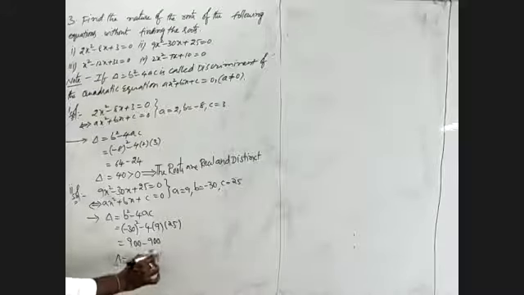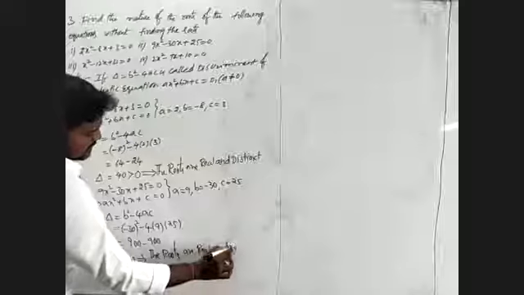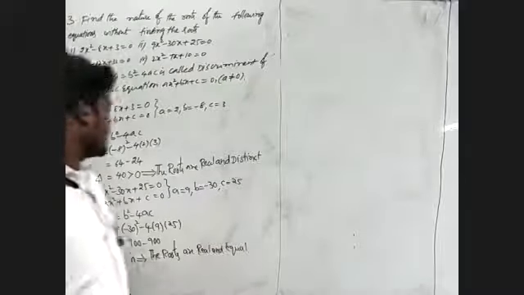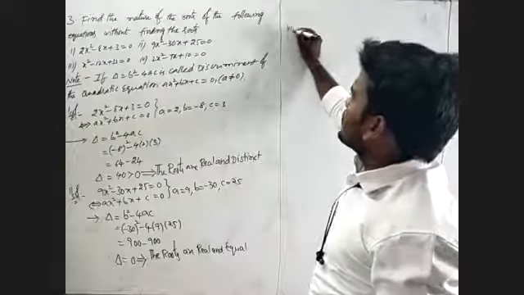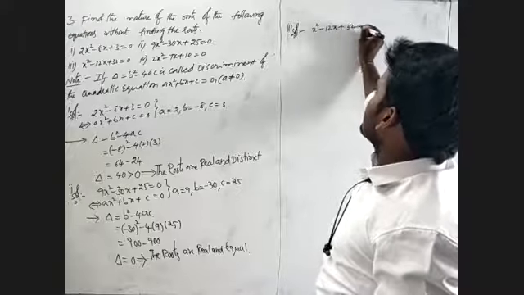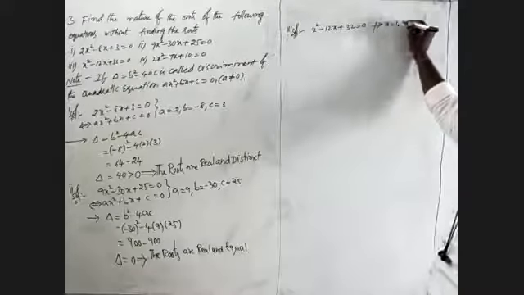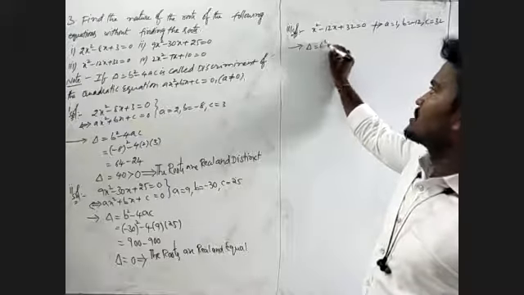Delta is equal to 0 means what do we have to write? Delta is equal to 0 means the roots are real and equal. After that, now I am going to the third problem. That is, the third one is x square minus 12x plus 32 is equal to 0. Here also we will write the a, b, c values, where a is 1, b is minus 12, c is 32. After that, the discriminant delta is equal to b square minus 4ac. What is the value of b here?